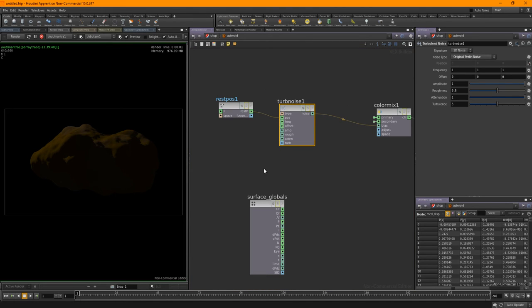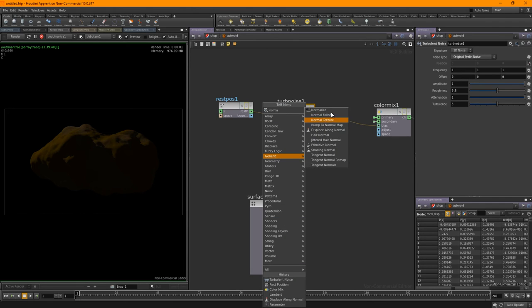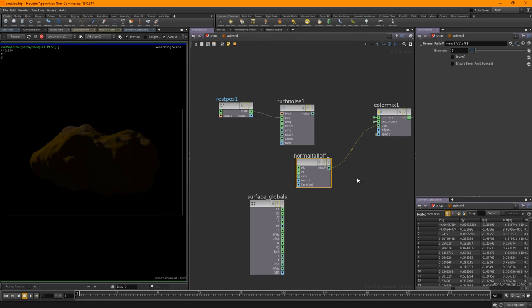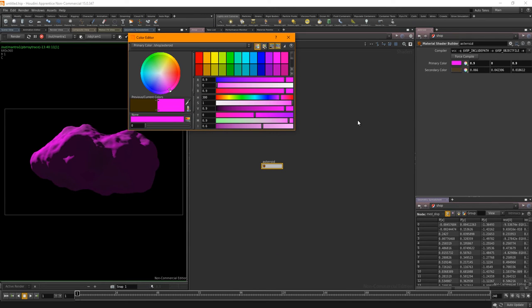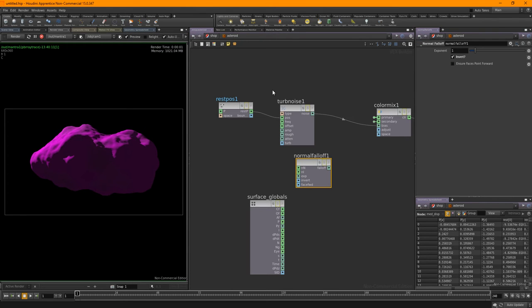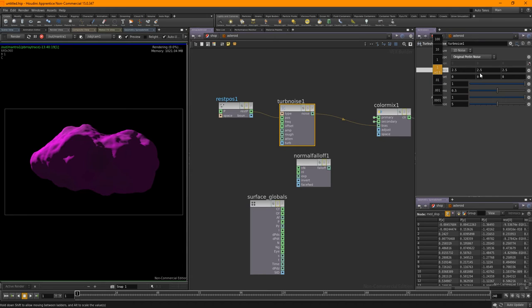So you could even, if you wanted to, grab a normal falloff, and you could bias it on the actual normals. If you do invert, then it's a Fresnel effect. As you can see, it's darker there and lighter there, but you might have problems with the colours changing as it's moving through space. Or we can do that. It's not looking a great deal at the moment, but as you can see, it is actually working.